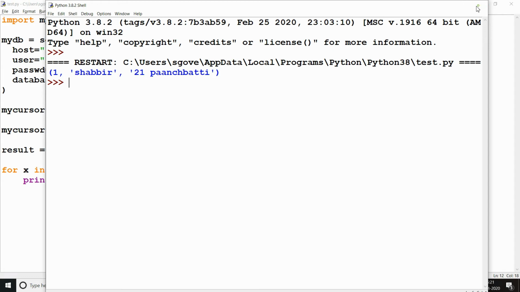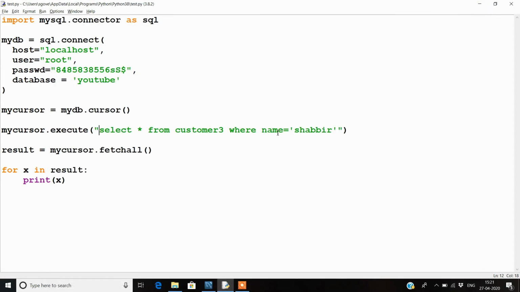So you can also use MySQL wildcards. For example, here, if you don't know about wildcards, you can check out my other videos where I have given details about wildcards, like wildcard constraints, which use the keyword like in the other video. If you want, I will leave the link in the description.